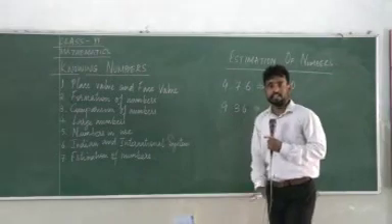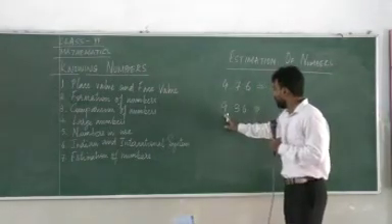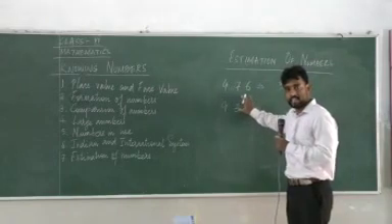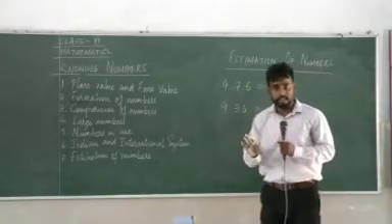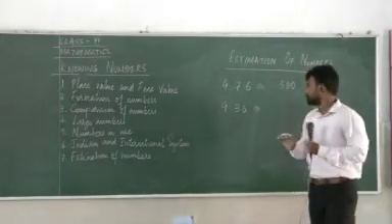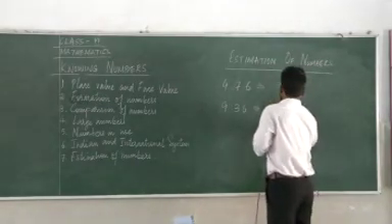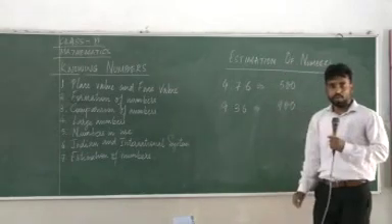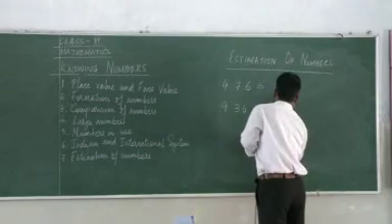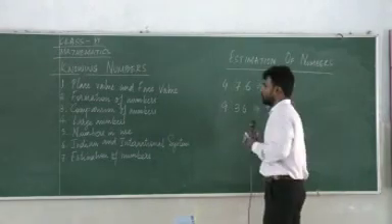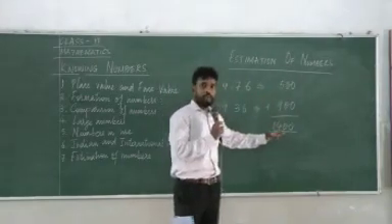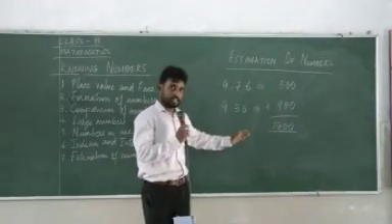Here we have 936. See the last two digits. It is 36, which is less than 50. So 936 will remain as 900. Now we want to add them up. So 500 and 900 added together will give you 1400 as the answer. So always remember